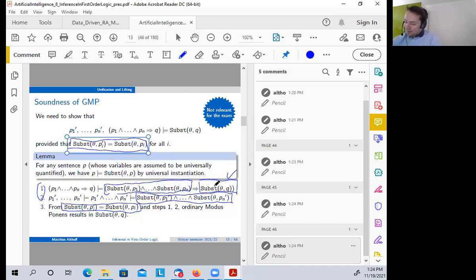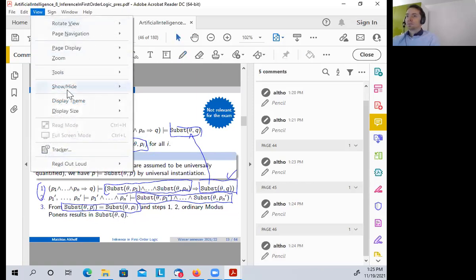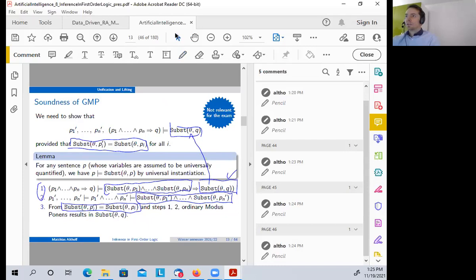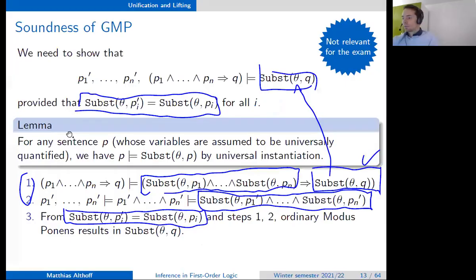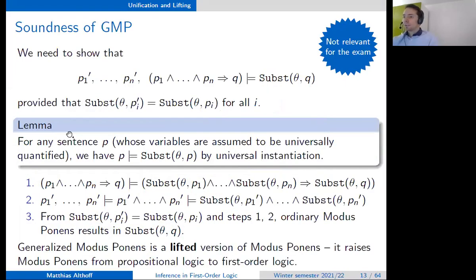And this is exactly what we wanted to show. So this was in the end just a standard modus ponens. Okay. So now we have shown that this lifted version is correct.